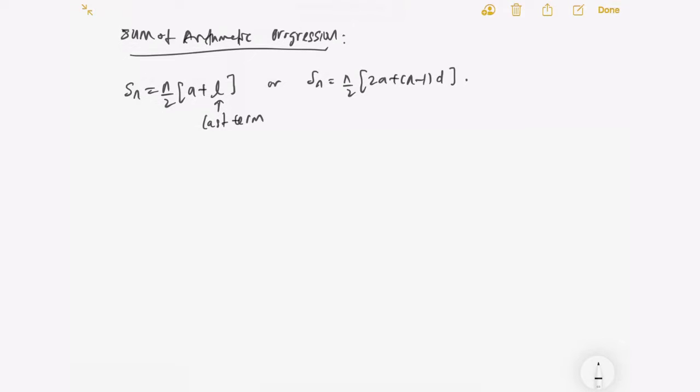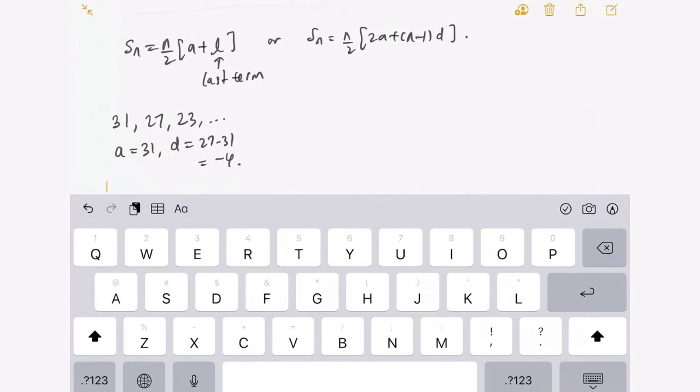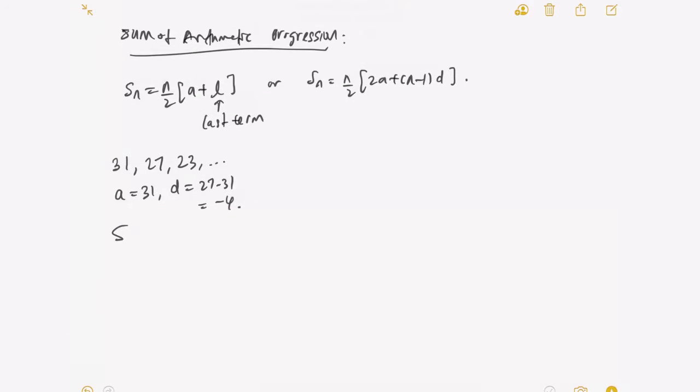Let's say you have an arithmetic progression. Maybe you start with 31, 27, 23, and so on. Now in this case, your a is 31. Your common difference is 27 minus 31, which is negative 4. And let's say you want to find the sum of the first 7 terms, we can use 7